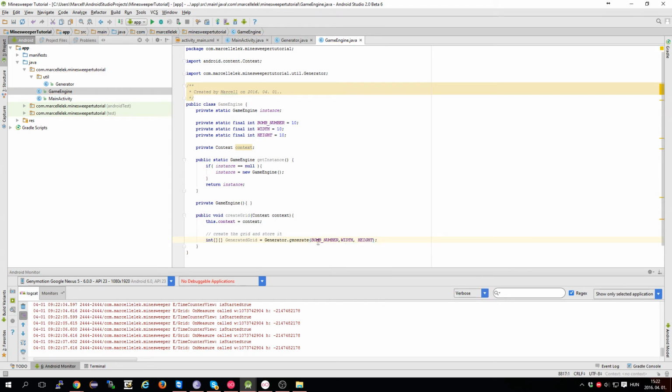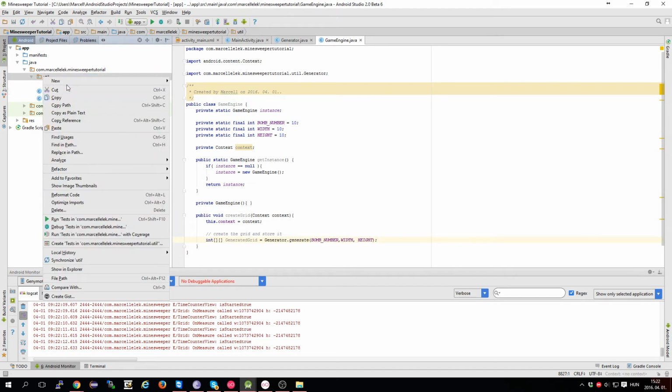So basically this is generating the grid,